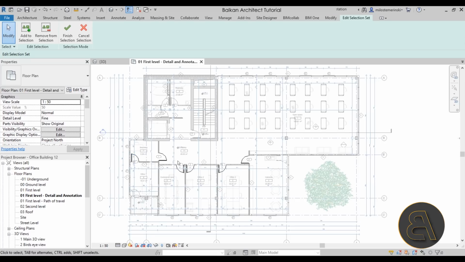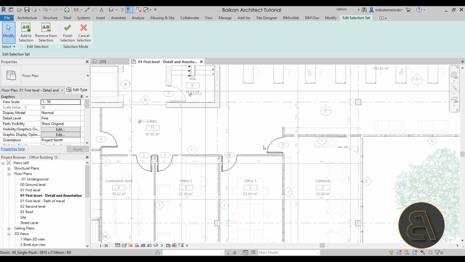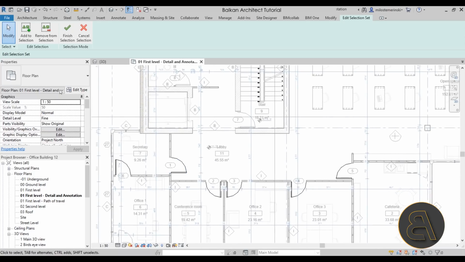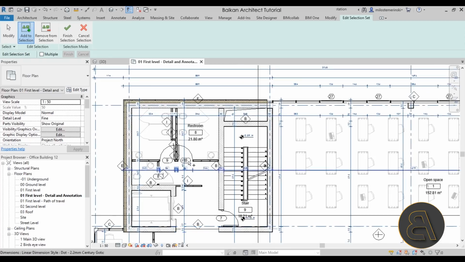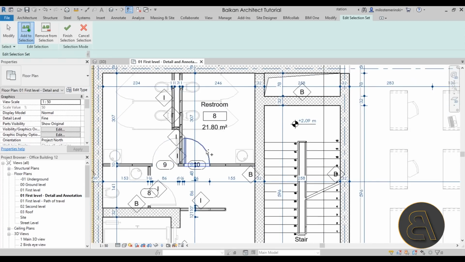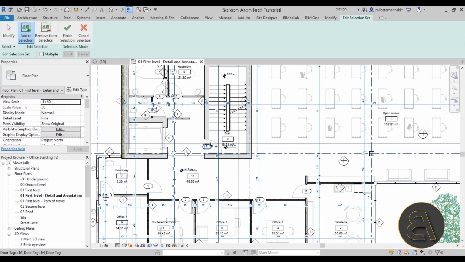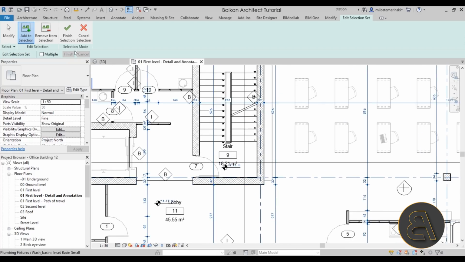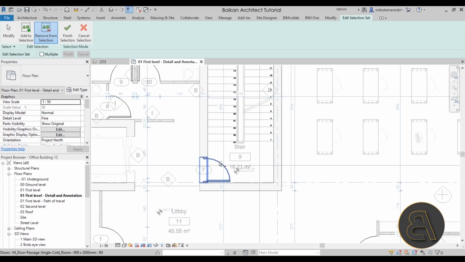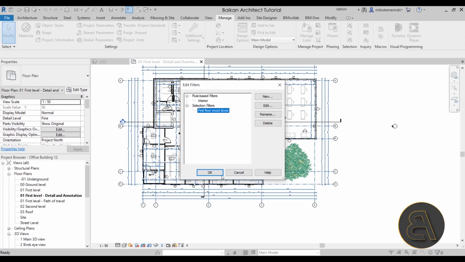And now, as you can see, the whole project goes into grayscale, and the only darker elements are these doors. Now you can add to the selection. I want to add this door, and this door as well, and then this door as well. And then you might remember, well, this isn't a wood door, this is a steel door here in this area where the stair is. So let's remove that from the selection. Hit Finish Selection, and then click